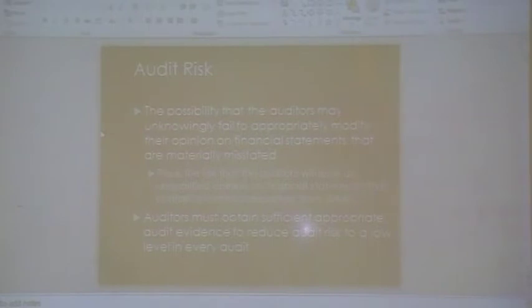Inherent risk is the susceptibility of an account balance or class of transaction to material misstatement. This applies either individually or when aggregated with misstatements in other balances or classes of transactions, irrespective of related internal controls. Factors that contribute to inherent risk include lack of integrity of management, the nature of the client's high-tech industries, complexity of transactions, and susceptibility of assets to loss.